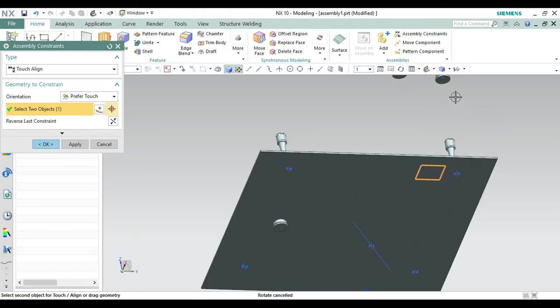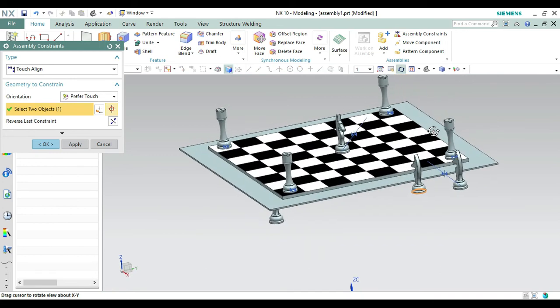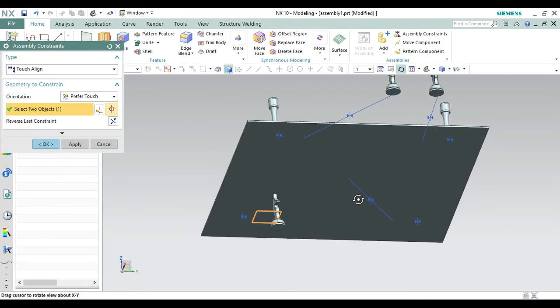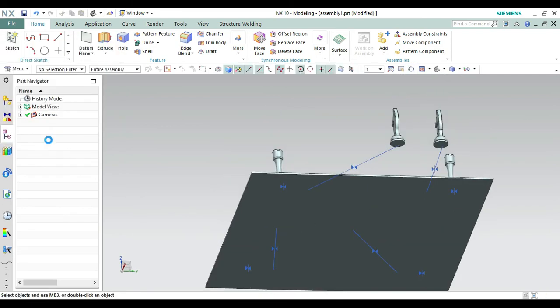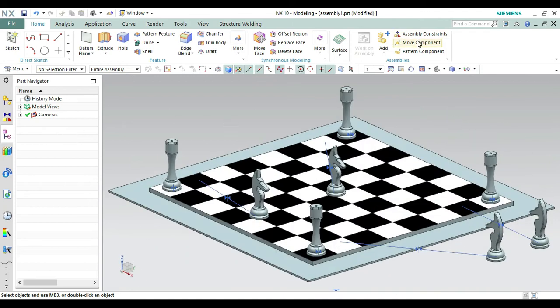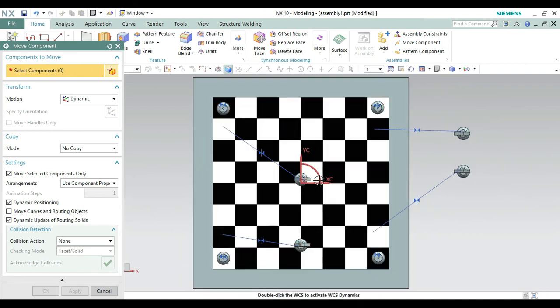Let's do it. Okay, again selecting this face, and what we have to do is to assemble it with this one, and again selecting this face, and now what we have to assemble this face. Okay, everything has been okay. Now make it okay from here. Now let's take the move command, converting it from here to front view, so it will take easy to drag.